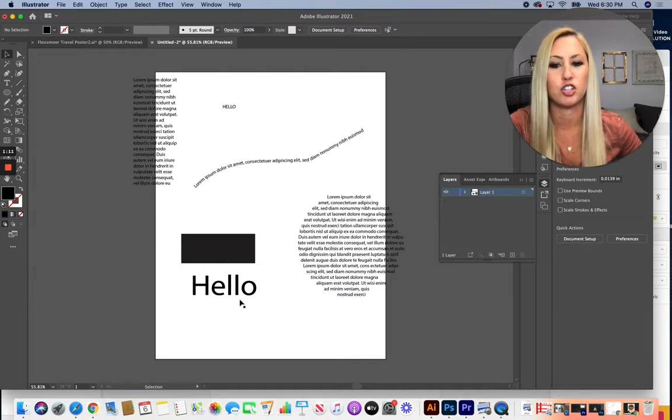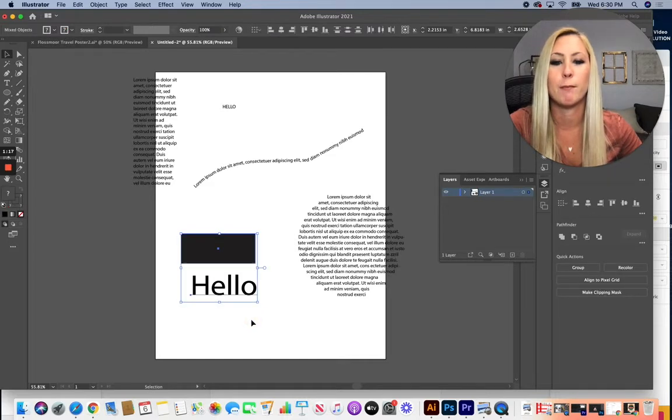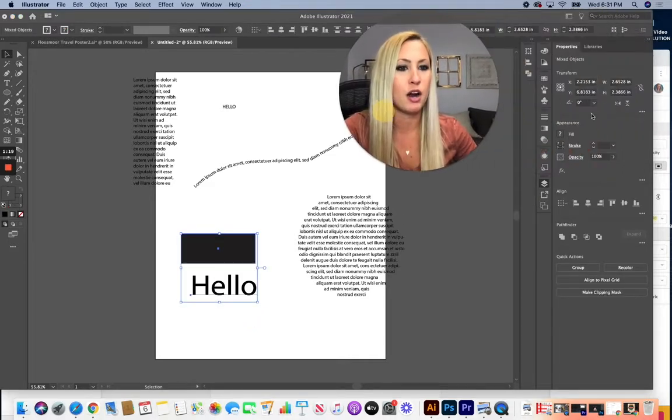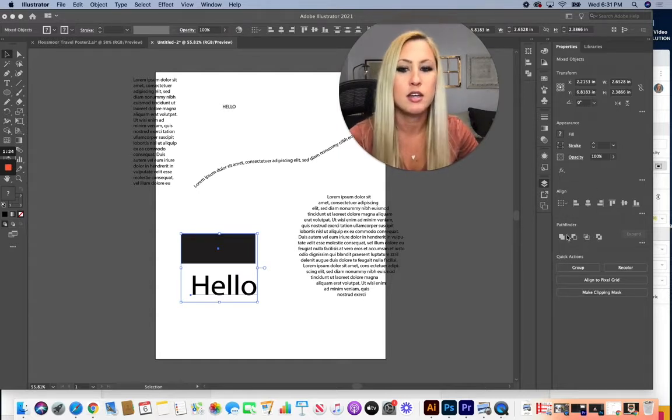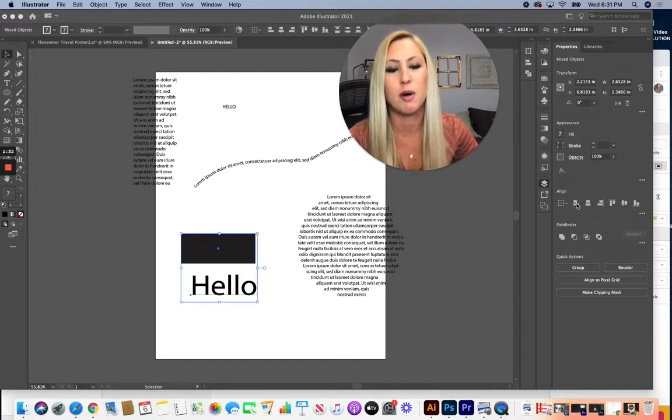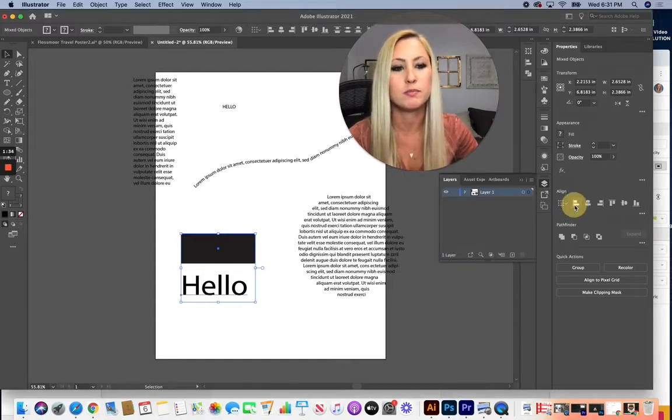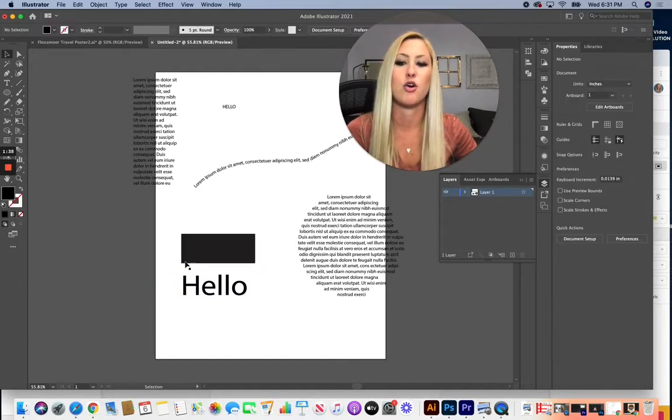So if I have a shape or whatever you're trying to align it with, maybe two pieces of text, and I want them both to start at the same point, I can grab both of them. And on my toolbar, under my properties menu, you can see the different align options. So if I want them both to start at that same point there, you can see that the first one here has a line going up and down, a vertical line, with the two boxes pushed to the left-hand side. If you click on that horizontal alignment button, you can see that it pushes it over to start those at